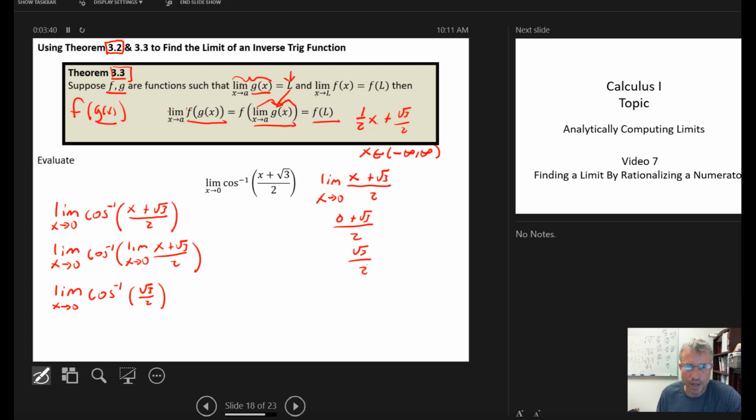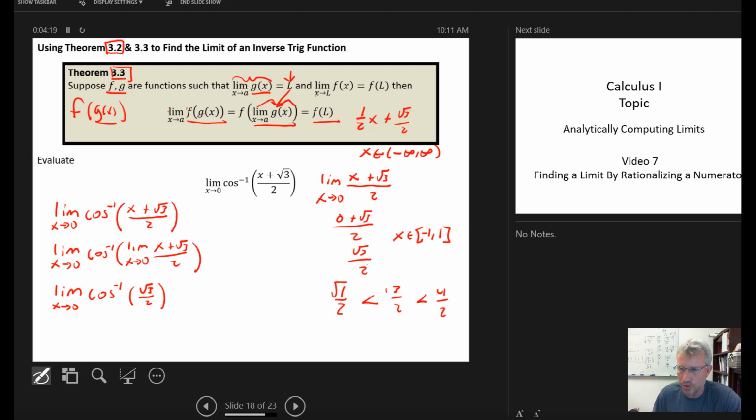And then I need to identify, does the cosine inverse of the square root of 3 over 2 exist? Of course, the cosine inverse function is defined for all x on the interval from -1 to 1. And the square root of 3 over 2 does live on this interval. It's a number that's smaller than 1. For example, if we had 1/2, which is less than 3/2, which is less than 4/2,